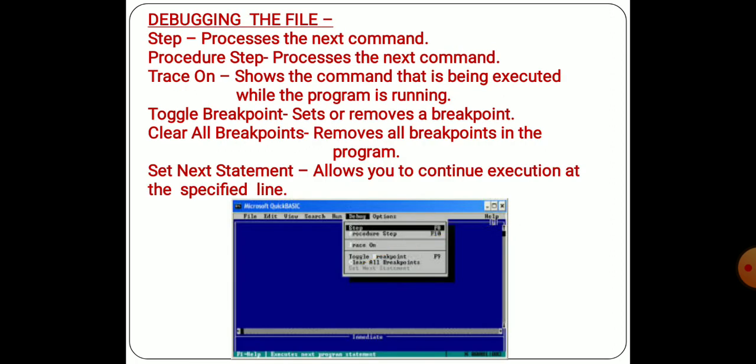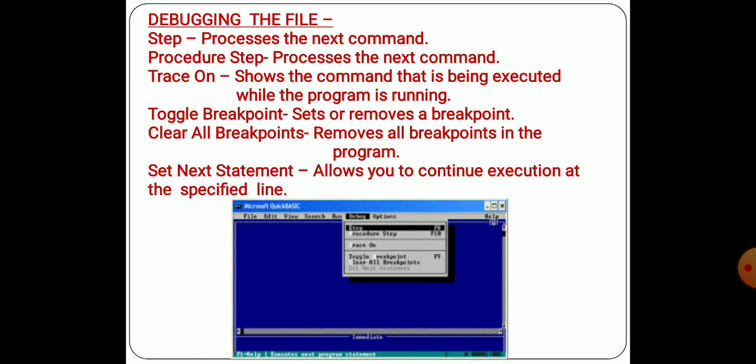Debugging the file. Under debug, we have to follow these steps. First step is Step, which processes the next command. Procedure step. It processes the next command but does not show QBasic going inside a subroutine or function. Trace on. It shows the command that is being executed while the program is running. Toggle breakpoint.